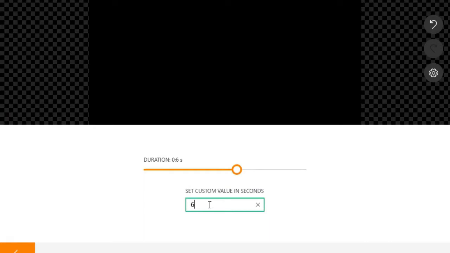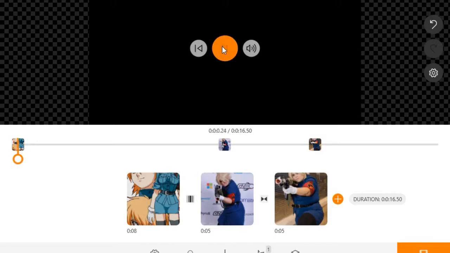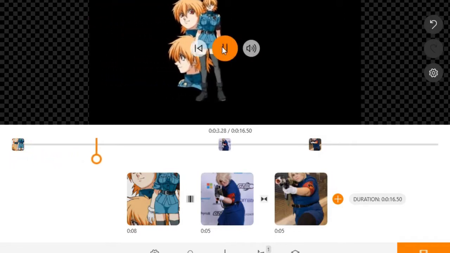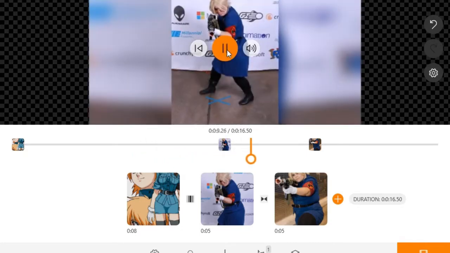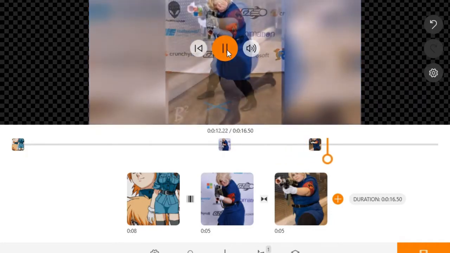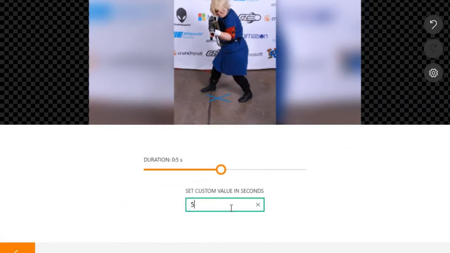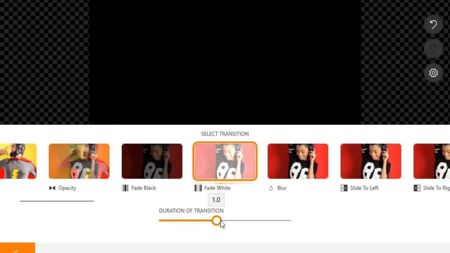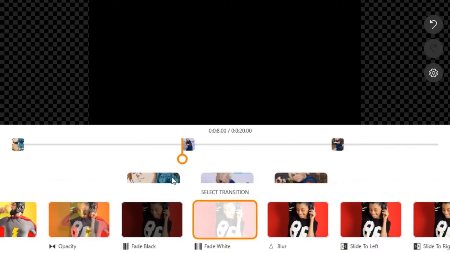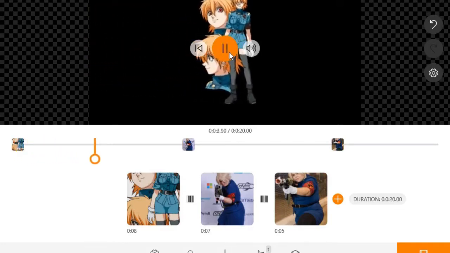I think we want this to go a little slower, don't you? Let's try 8. And actually, what I'd like to do is give this a little bit longer, and actually fade, and actually let's switch this effect to fade white, because of the track. These little tweaks will pull up these